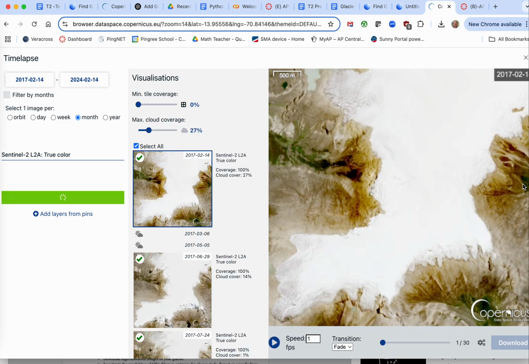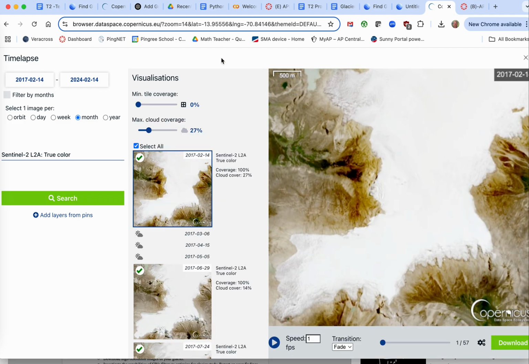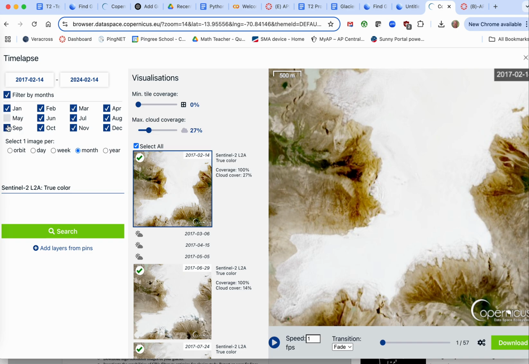And again, we looked at this in class a little bit, but if I go to filter by months, I can choose the months I want. It'll differ depending on which hemisphere you're in. And then I can also have these taken one image per month or one image per week, one image per year. You tend to get fewer images if you do it that way. So I'm going to try for a month. And then if I go search,